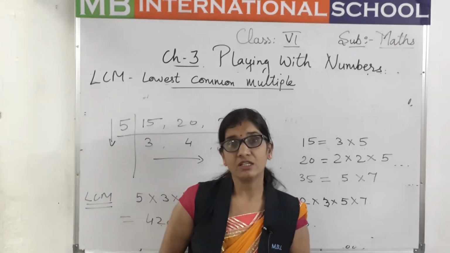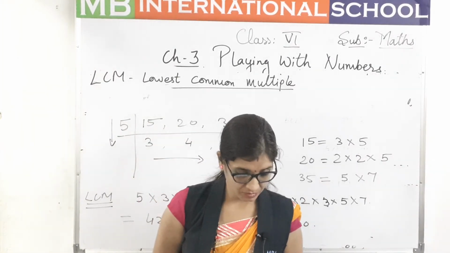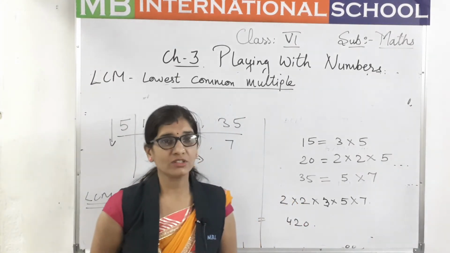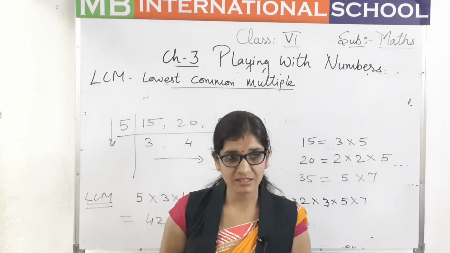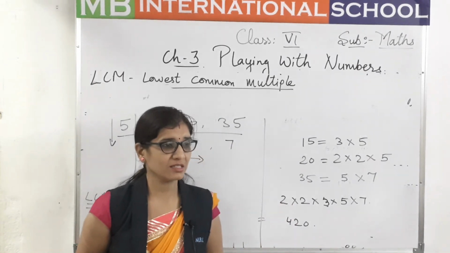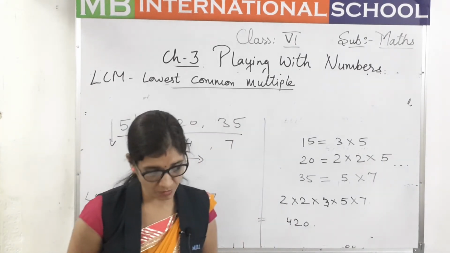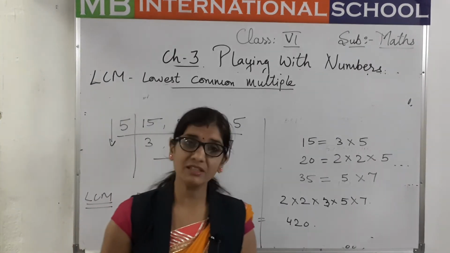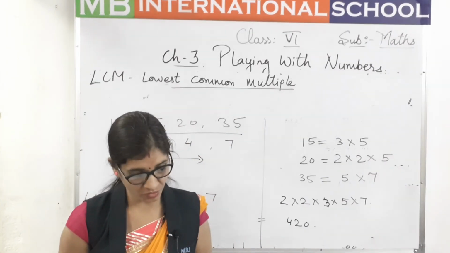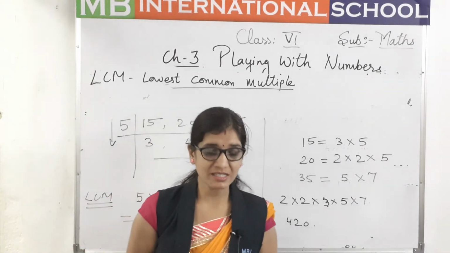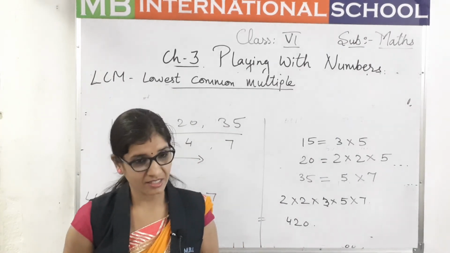Now children, we are having the properties of HCF and LCM of the given numbers. As we know all the properties of factors and multiples, in the same way HCF and LCM are also having properties. You can read the properties from page numbers 78 and 79 of your book. Easy examples are given. You can read it and understand it.